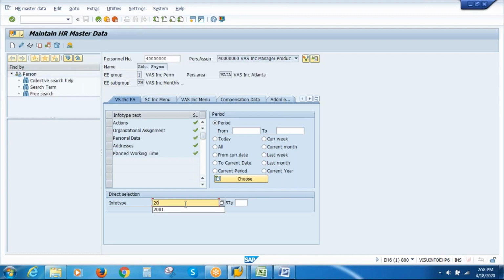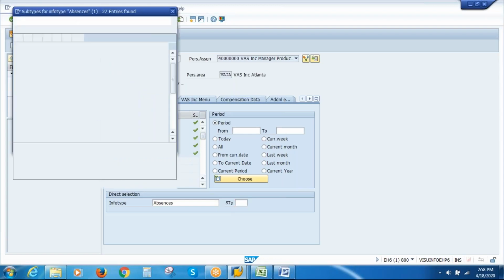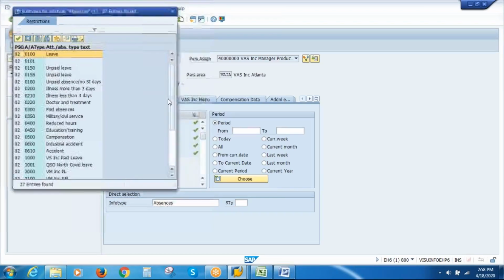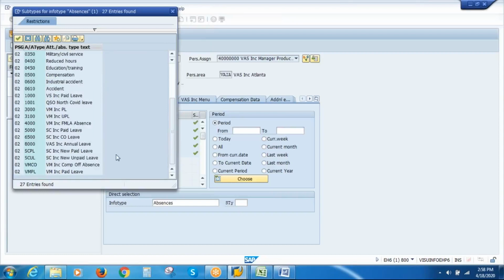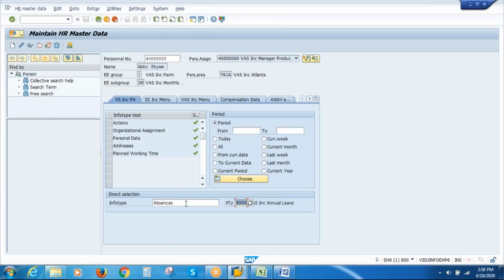Go to 2001 info type, absence. Click on the drop down. You should be able to see the leave types that we have just created: NC, LD, DS.